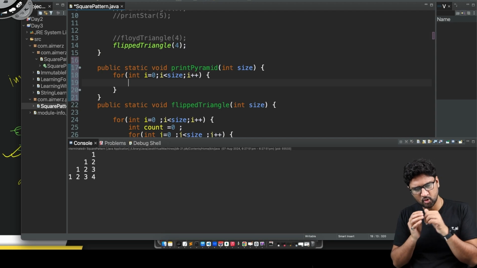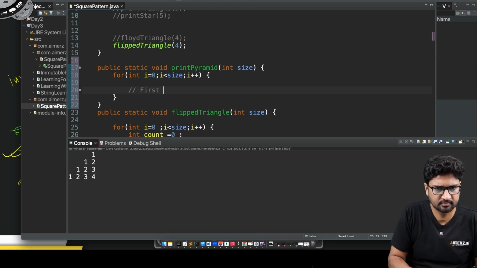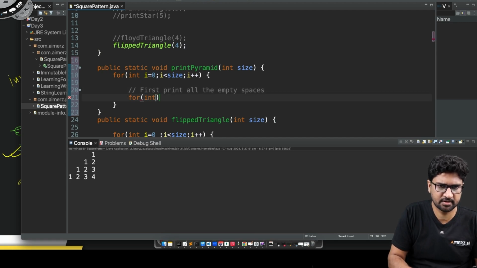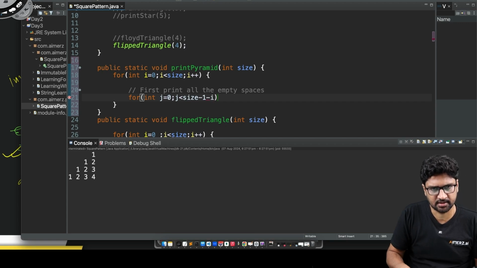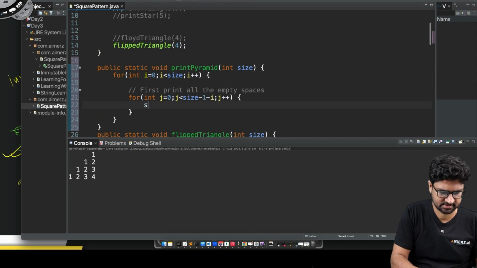Now when I'm inside the for loop, I'll have to first print all the empty spaces. So I can say for int j equals 0, j is less than size minus 1 minus I, j plus plus, and then I go into the sys out